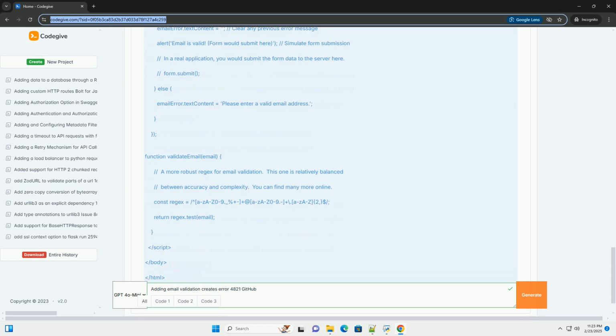Multiple developers working on the same file. Let's say you're adding client-side email validation to index.html, and another developer is simultaneously working on the same file to improve the form layout. Conflicting changes: if both of you modify the same lines of code, Git cannot automatically determine which changes to